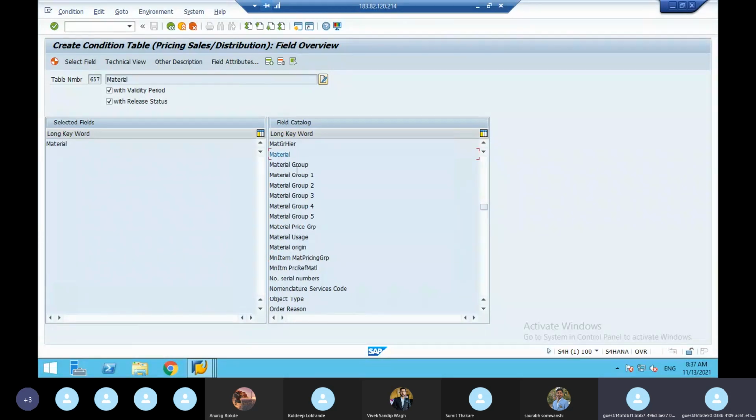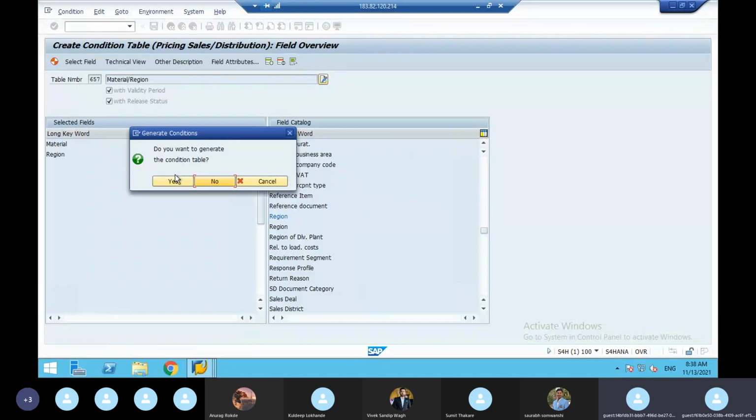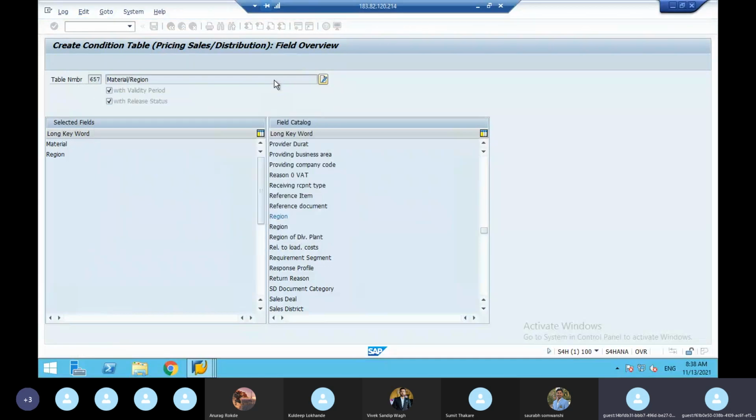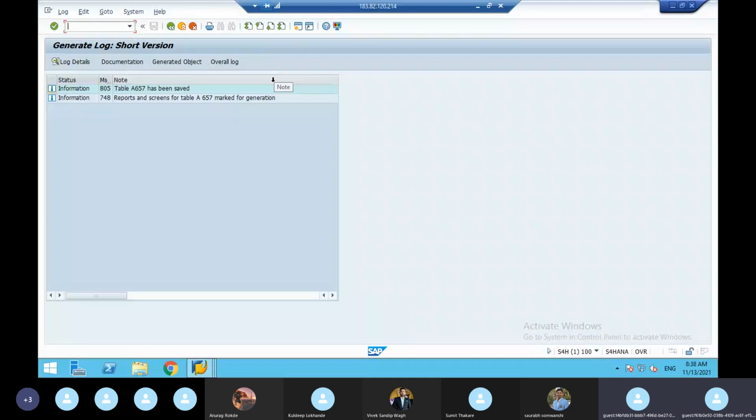This material has to be sent to different regions, so again here, page down, and here you have to give region. Give region here and execute, say yes and click local object. Now this customer and this material is what you are going to maintain in the sales order.